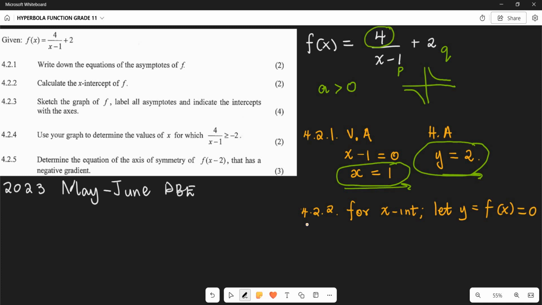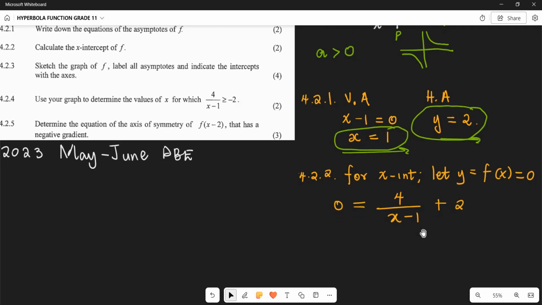If your f of x is equals to 0, then we have the following: 0 is equals to 4 over x minus 1 plus 2. Once we have that, we can do our maths. Let's take negative 2 that side, 2 that side. Then we have negative 2, that is 4 over x minus 1. If we cross multiply that,